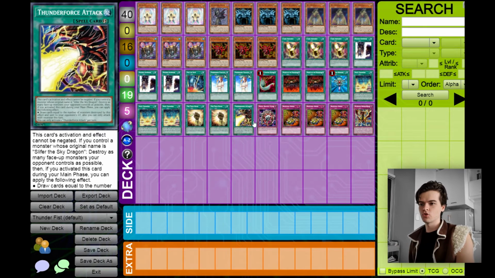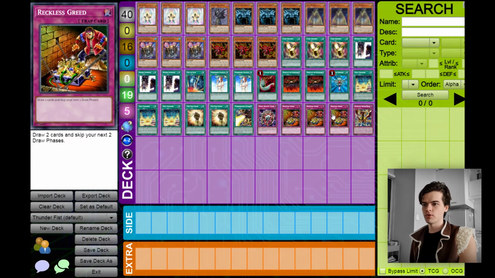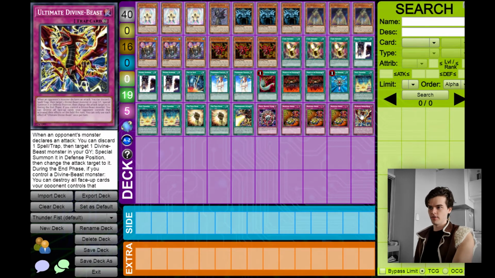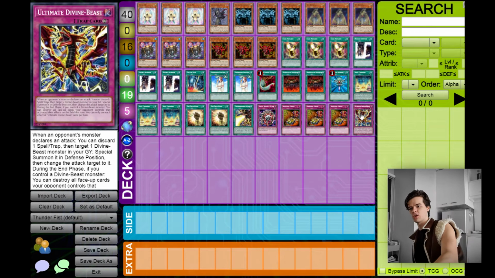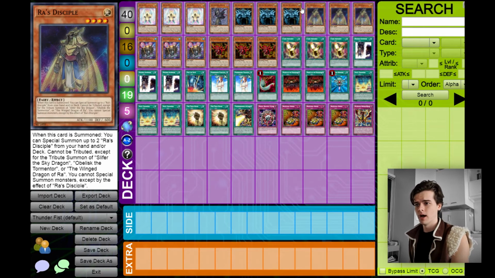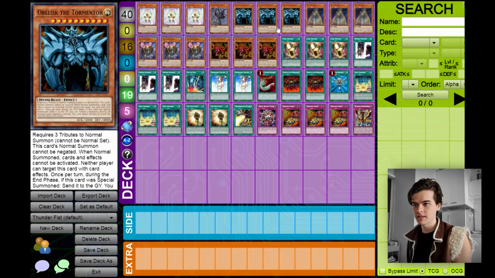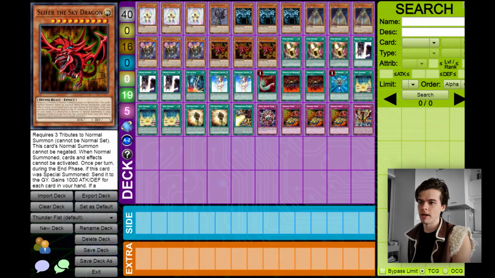Finally, we have the traps, which is more for extra support. We've got 1 Metal Reflect Slime, 3 Reckless Greed, and 1 Ultimate Divine Beast. So, how does this deck run? If you haven't worked it out already, it's pretty straightforward. Our main monsters, other than the Egyptian gods, of course, basically this deck is summon a god, win. That's the win condition, is getting out one of these bad boys and possibly March of the Monarchs, which is